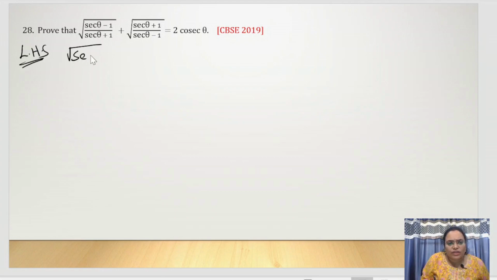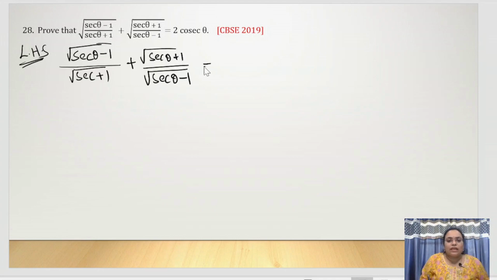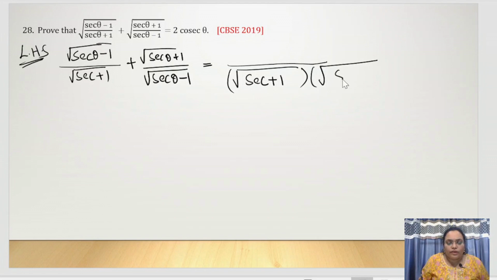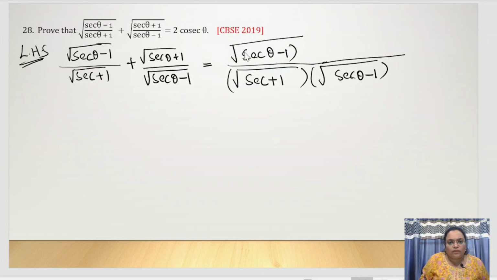See here, I am just individually dividing the roots to the numerator and denominator. Now I'll just take LCM here. This will be root of secant theta plus 1 and root of secant theta minus 1. See the denominator, you have secant theta plus 1 and secant theta plus 1. So you will multiply root of secant theta minus 1 to the numerator of root of secant theta minus 1. So you will get root of secant theta minus 1 whole square